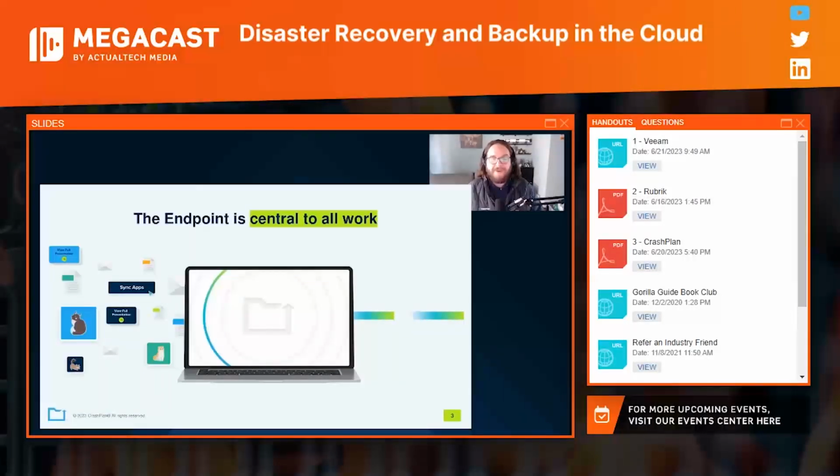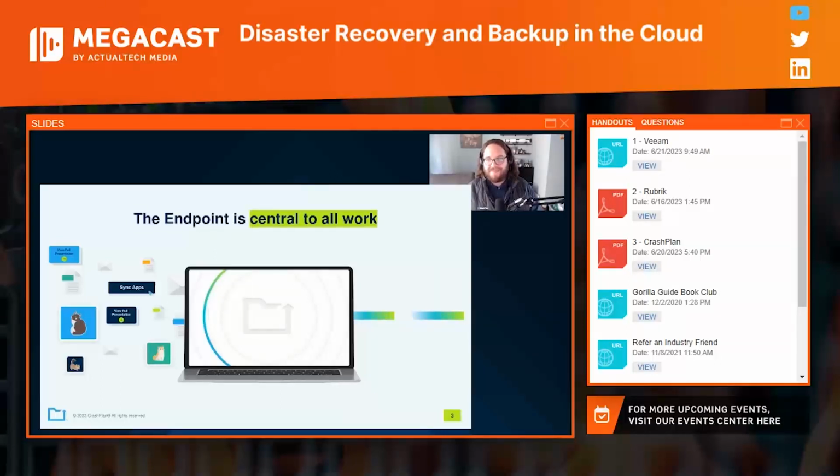So everything is happening here, from cat photos to presentations to these sync applications to your CRM to all of the different places that you're interacting with data, but it all flows through the endpoint. And too often, we're seeing people try and solve this problem by plugging in with all of these different places, plugging in with this tool over here, plugging in with that tool, trying to back that up. And that just leads to unnecessary complexity.